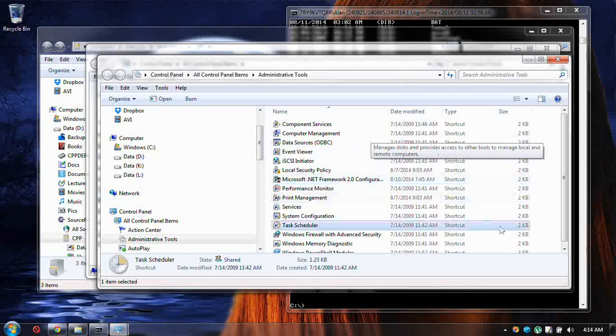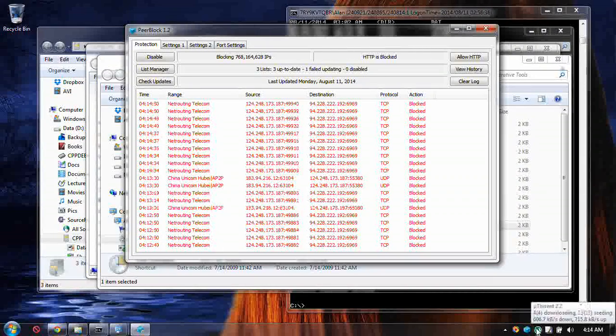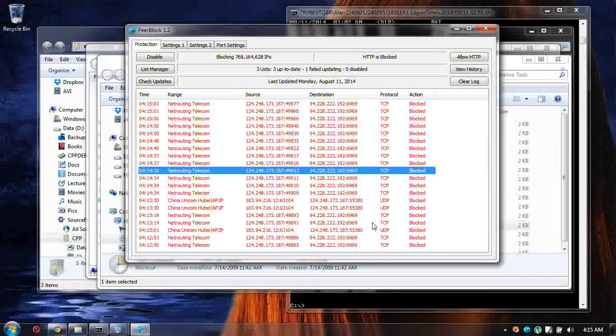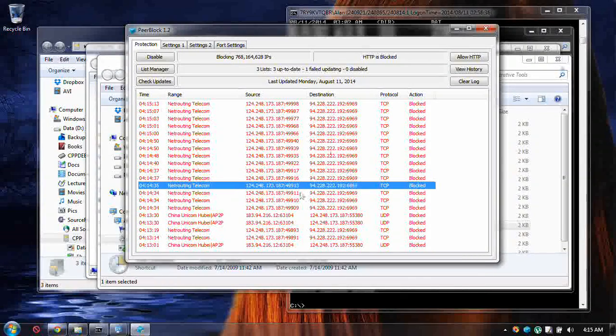One thing I installed that's of interest is this peer block. You see, I just now started up BitTorrent. Okay. If prior to that I wasn't getting anything in this list, and these are blocked connections, either TCP connections or UDP. One is receive and one send, I guess. Or request to,